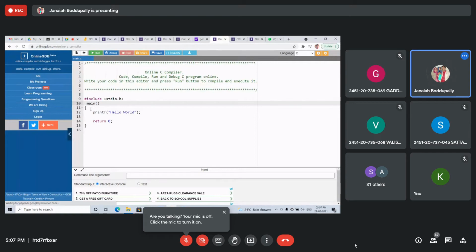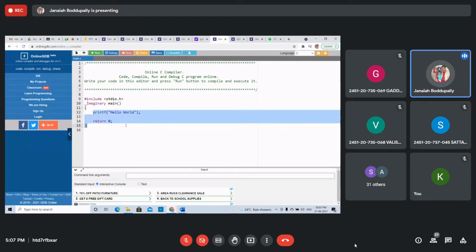Let's see how to declare array of structures. In this example, instead of taking the variable, we use the array of structures.